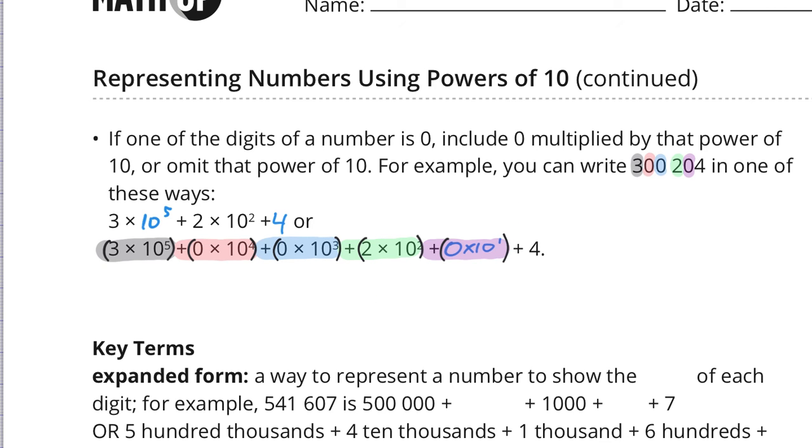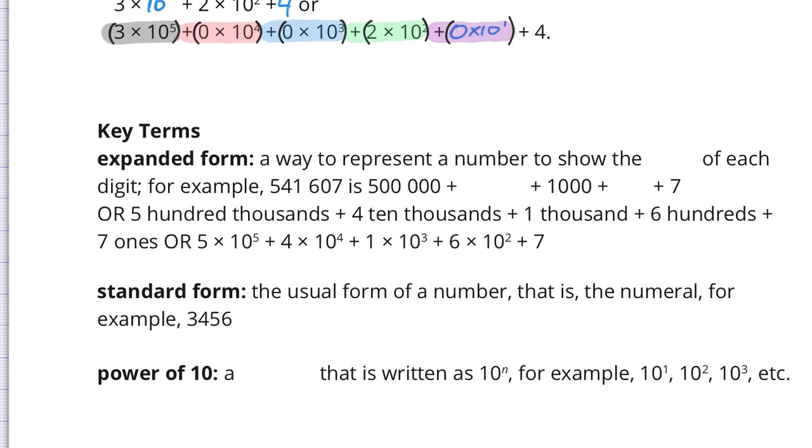Here we have some key terms for this lesson. Our expanded form is a way to represent a number to show the value of each digit. For example, 541,607 is 500,000 plus 40,000 plus 1,000 plus 600 plus 7. Or 5 100,000s plus 4 10,000s plus 1 thousand plus 6 hundreds plus 7 ones,